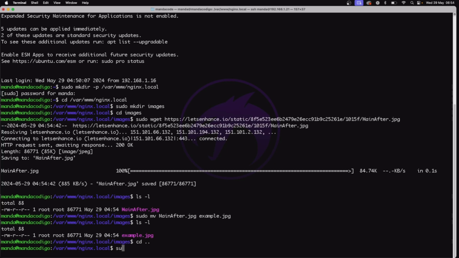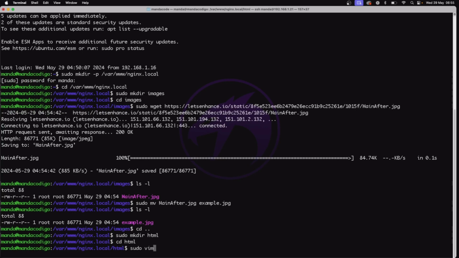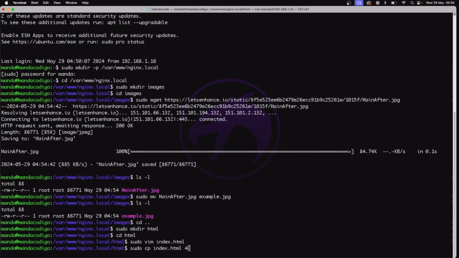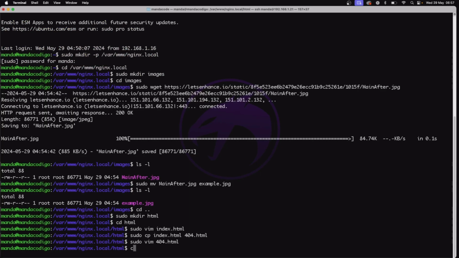Now, it's time to create HTML files that will be served by our server. First, let's make a directory for them. Now, let's create a simple index.html file. I'm going to create this file using Vim, but any other text editor like Nano or just Vi will be fine as well. Then, let's create a file for our error page, simply by copying index.html and changing its content to fit our needs for this case. Now, let's switch to our main directory